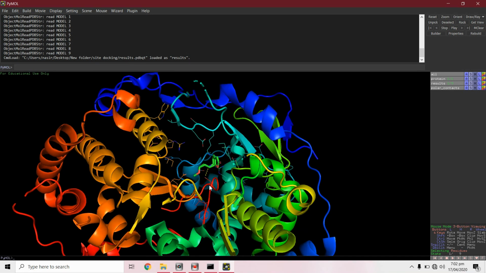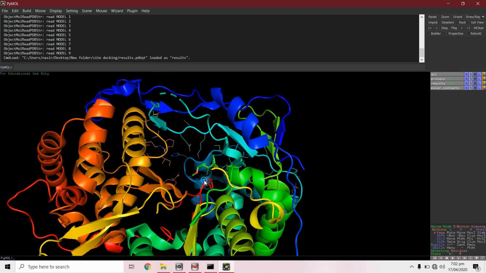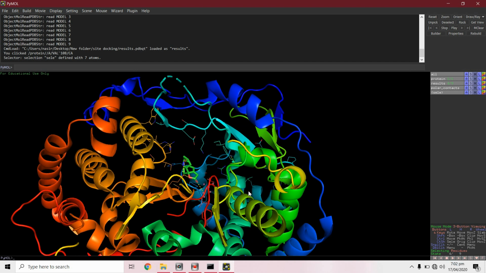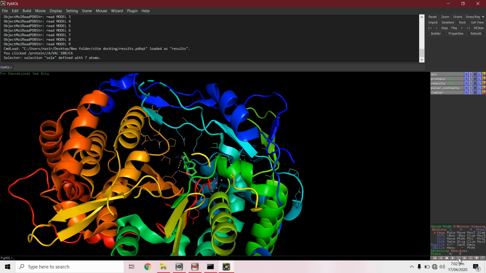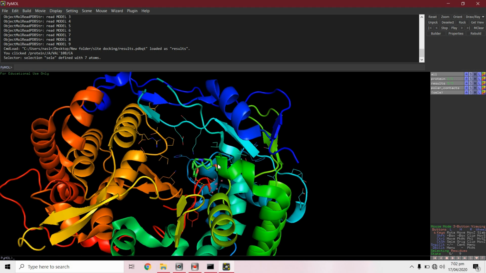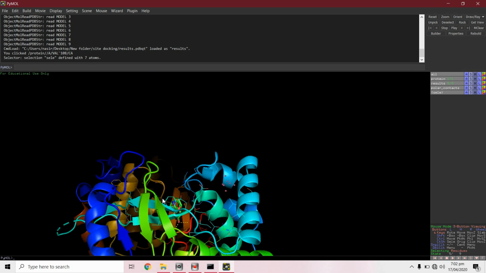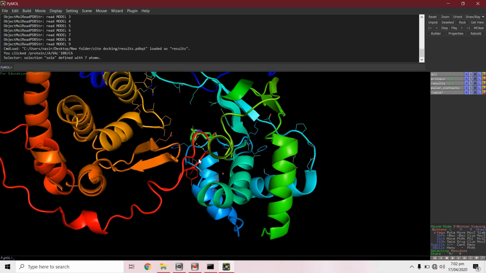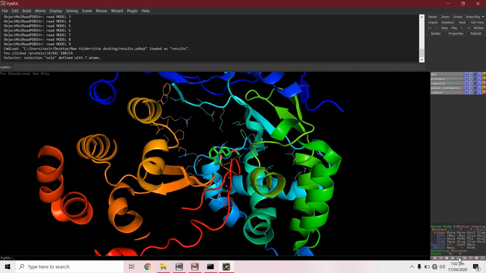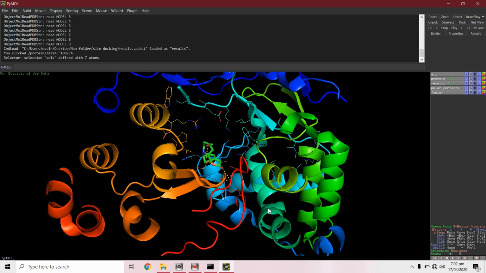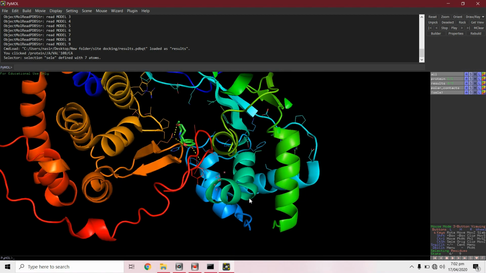You can take a look on interaction of ligand and protein. Yeah. The fourth one has maximum interactions.